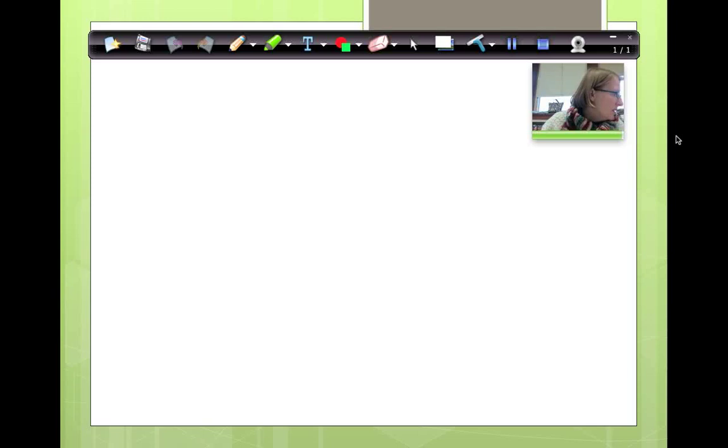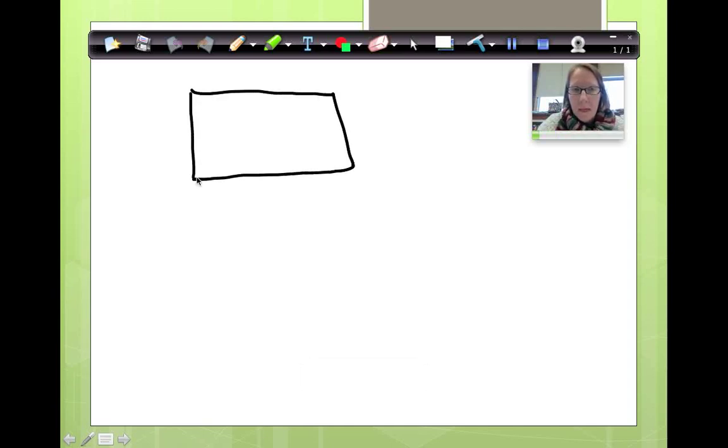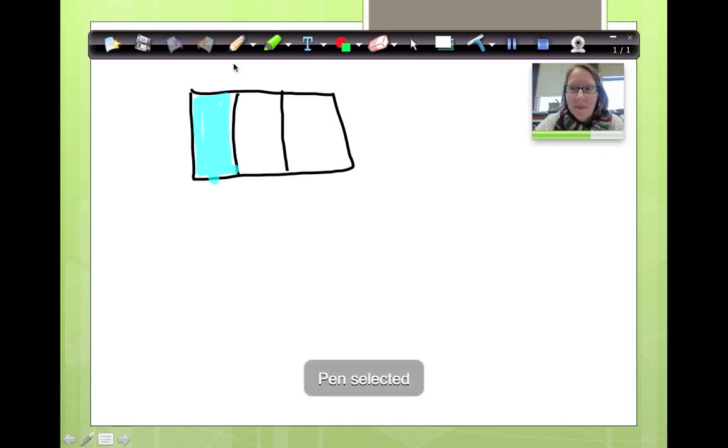Okay, first things first. I would like you to draw a rectangle. Now, I would like you to partition it into thirds. Please shade one of the parts. Okay, now I would like you to write me a number bond showing this picture. Okay, so here's my number bond,